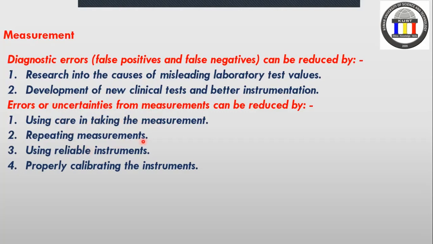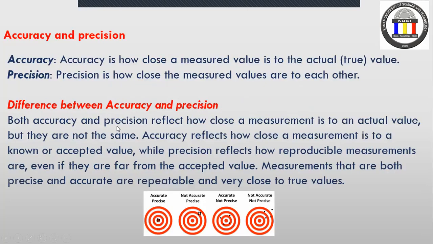So this is why we are doing it in the lab. We are repeating the measurement to reduce the error, using reliable instruments. Okay, instruments that can do things correctly, and then calibrating the instrument, and using a good environment to make the results clear. The last thing in this section is accuracy and precision, which is, as I said, you should be accurate and precise to get the measurement.